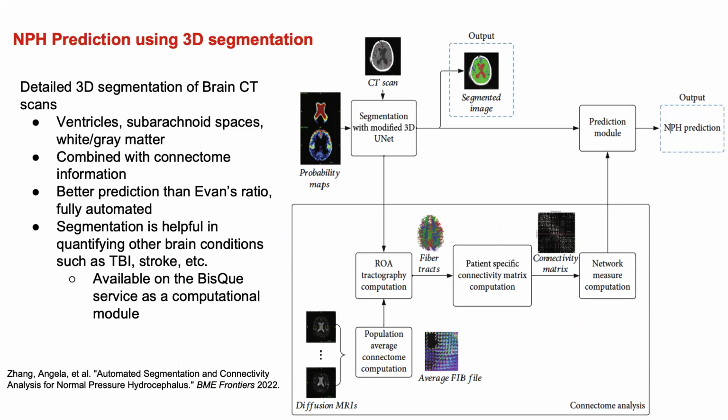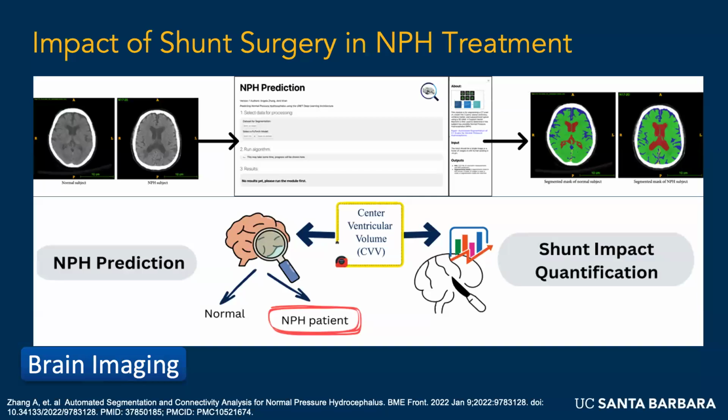The details are in a paper that's referred to, but this is one of those things where you bring in segmentation followed by some kind of inference method. But the more interesting thing that we were all excited about, by the way, this is also in Bisque. So if you have the right data set, upload it, a DICOM anonymized subject, that's how Dr. Chen is using that, you can get a prediction. So that's currently inside of the